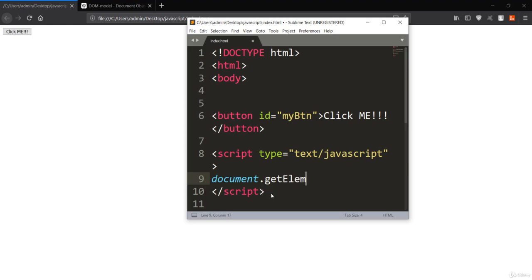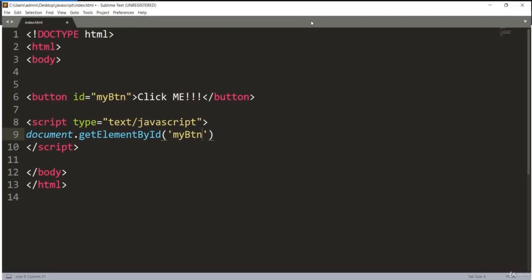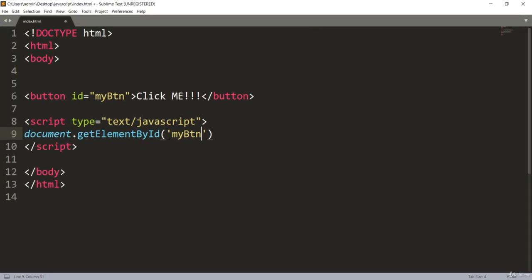That means we have the getElementById method, which is a method of JavaScript, or basically DOM, and it will just take your ID. So in this case, I have my button, which is referring to this button ID. So let me just make this bigger. So you can see we have just grabbed the ID, which is the button ID.